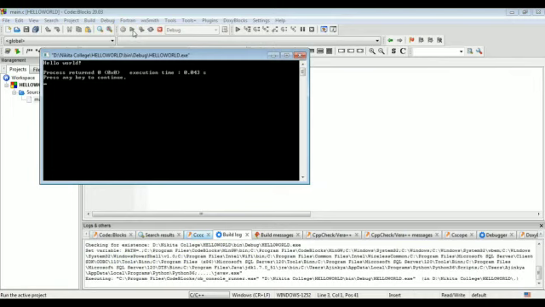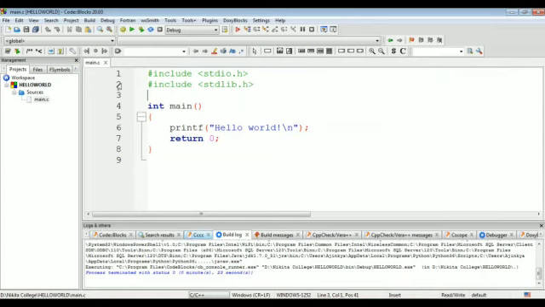Now once compilation is complete, click on the run button, just like this. Once compilation is done, click on where? Run button. Then it prints hello world on a command prompt or on a terminal. Okay, see here, hello world, first the message in the printf statement is printed, and after that, press any key to continue. Okay, so to continue, press any button on the keyboard, just like this.